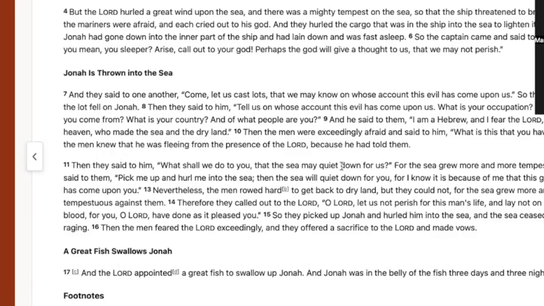There are so many things you could do in this particular chapter. You could look at the sailors. It's interesting that they believe in God, but it looks like Jonah doesn't. It says they call out to the Lord,